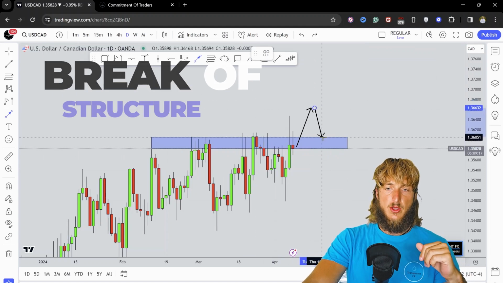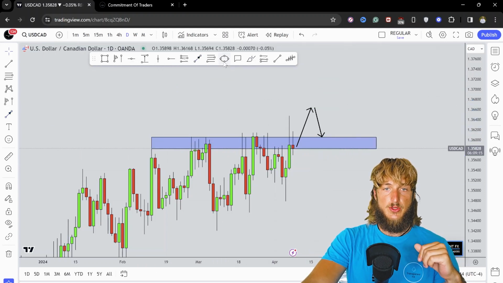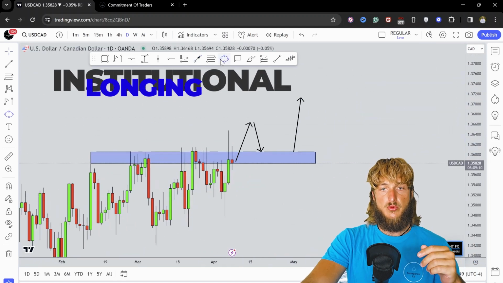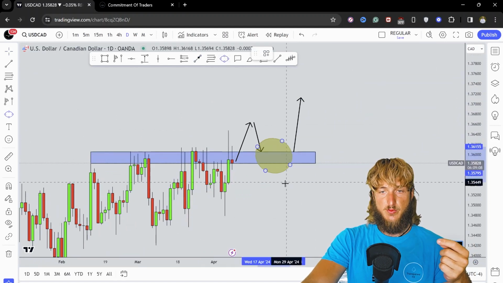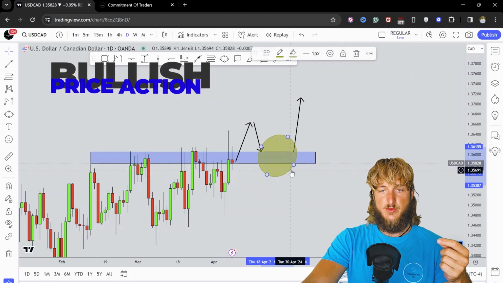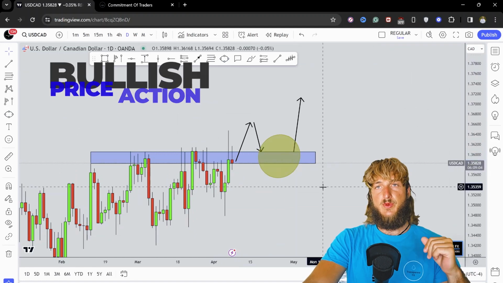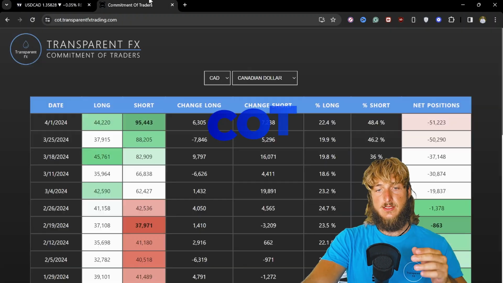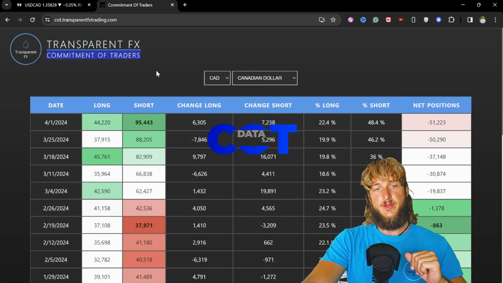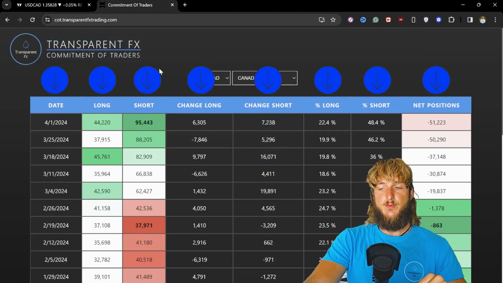Now, if we get the break on the retest, at that point, there is definitely the possibility to see more institutional longing, which at that point would further increase the probabilities of a potential rejection to the upside away from the zone. Now, speaking about institutional longing, let's see what we have when it comes to the commitment of traders. So what hedge funds and the big players in the market are doing,